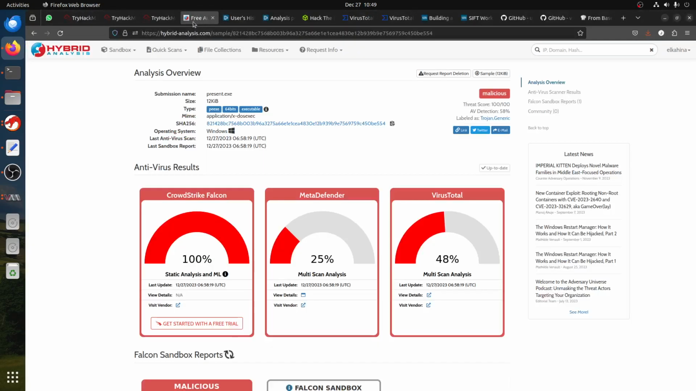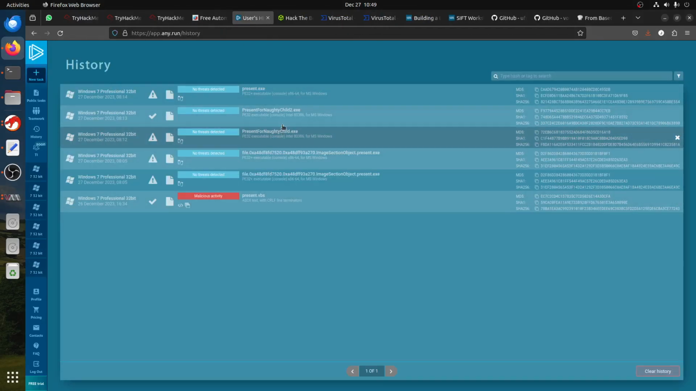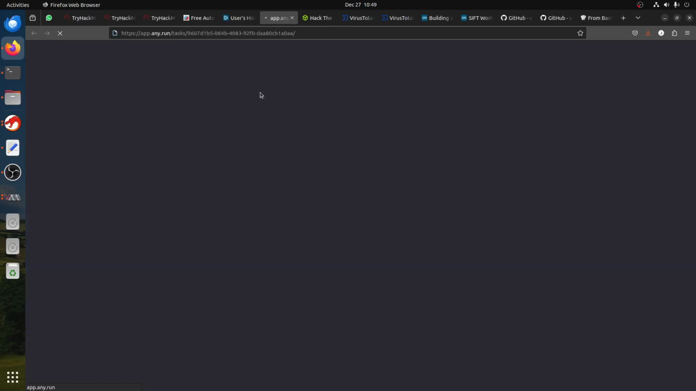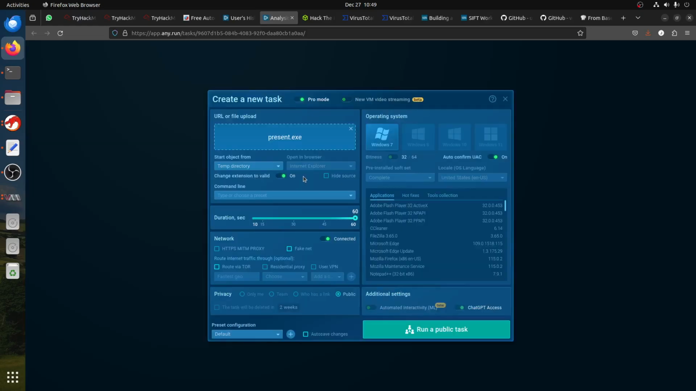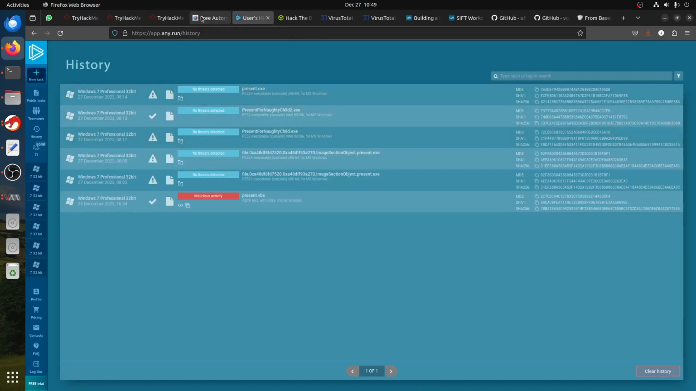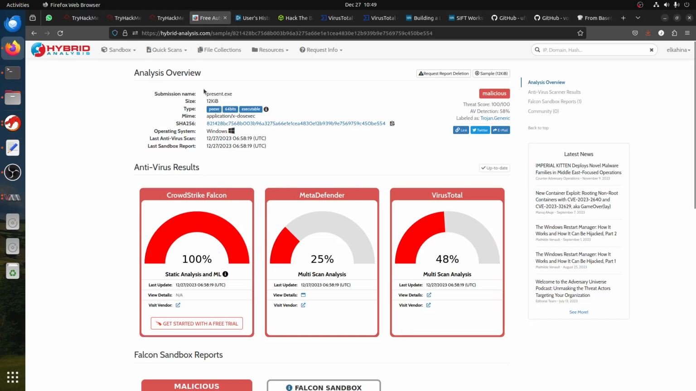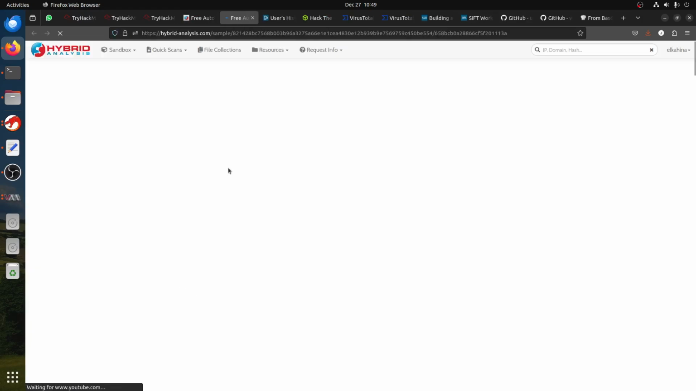Where I run it, let's see, present. It didn't work for me here, because when I try to run the present in any run, it tells me this. What happened? Try again. It couldn't run it, this one. But this one was able to give me some information. When I run it in Hybrid Analysis, it gives me this. So if I click here,